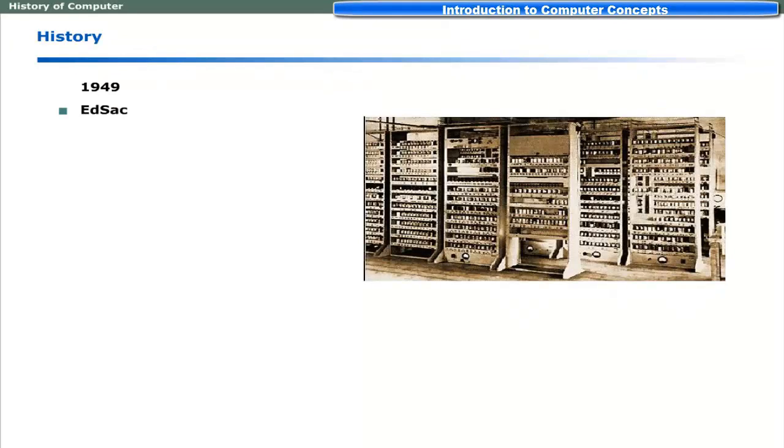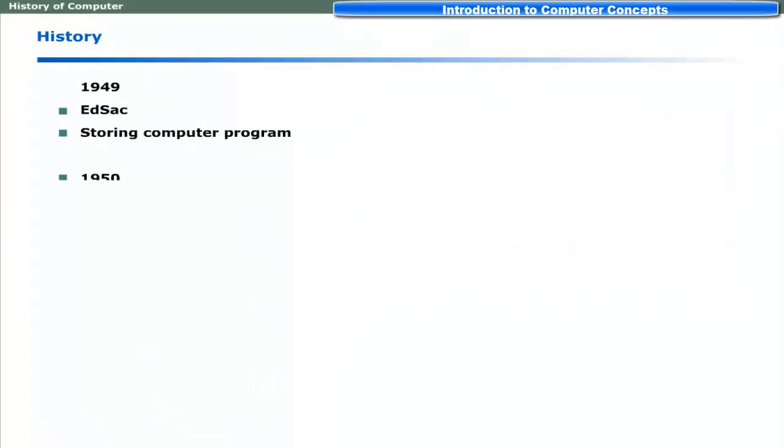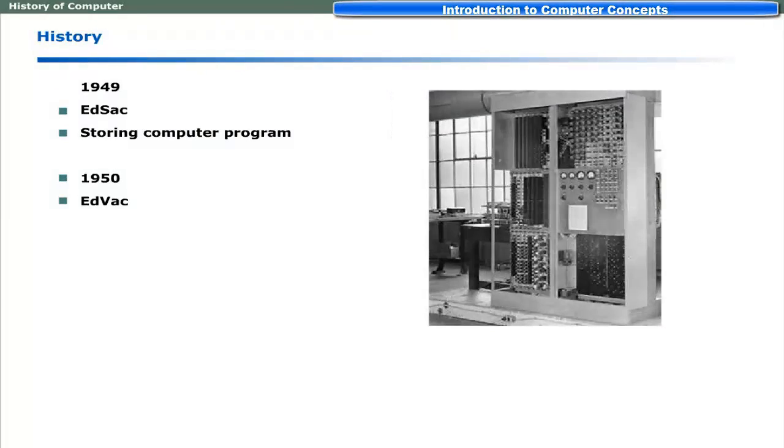In 1949, EDSAC was introduced. This was capable of storing computer programs. In 1950, EDVAC was developed. It could store instructions